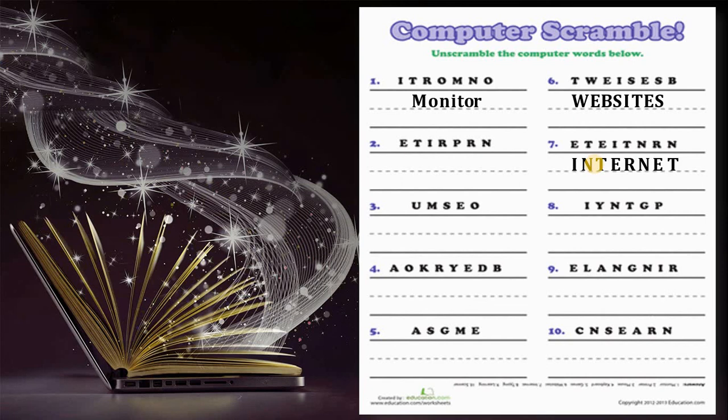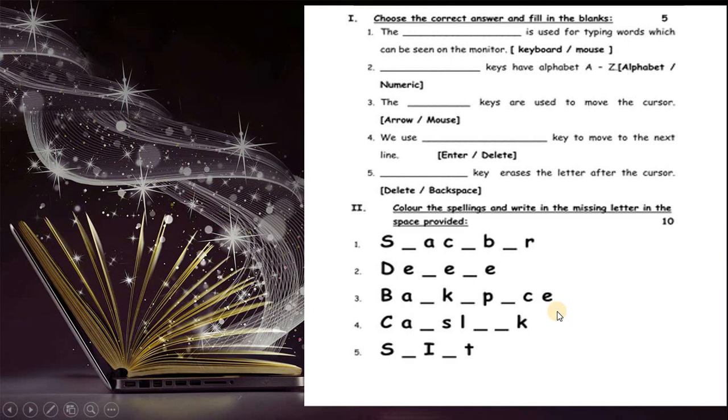You have to unscramble them, and it is your activity. You have to search these words. I will give you this PDF in your homework. You have to unscramble it and find which letters, and you have to give the answers. Yes, you have to give the answers. And this is also your homework: you have to write the FBs and fill in the missing letters.